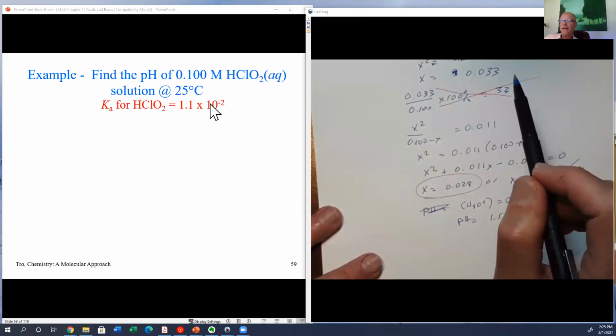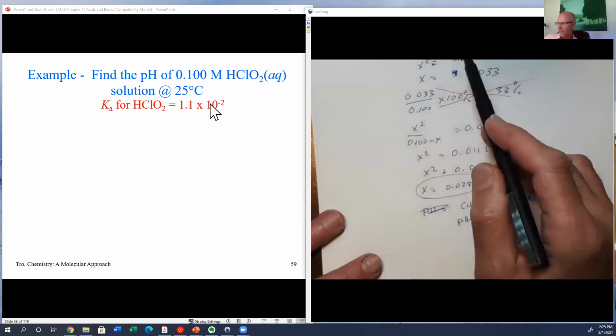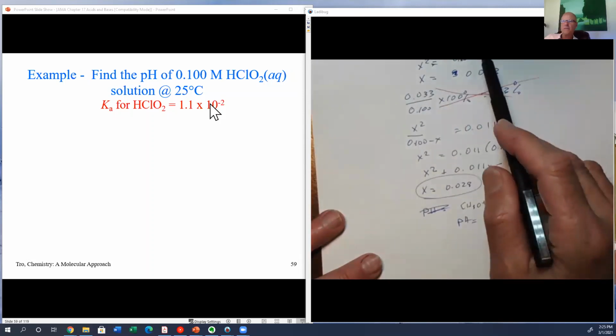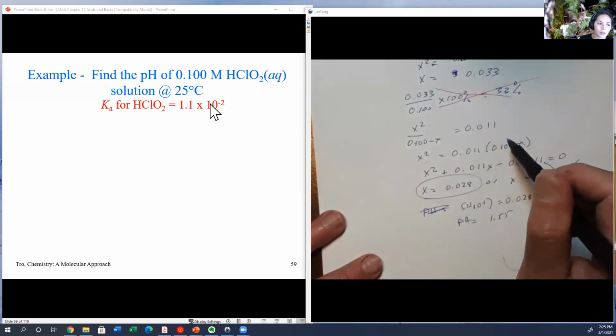Correct. It has to be under 5%. Okay. Has to be under 5% for it to be valid. So if it's over 5%, that means you've got to work out the quadratic. If it's under 5%, then you don't have to. Okay, thank you. And remember,